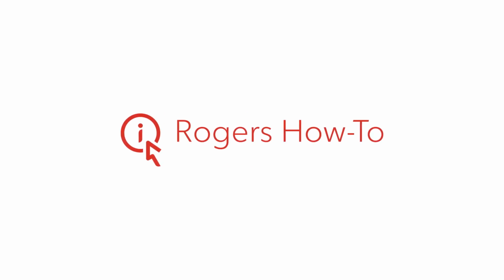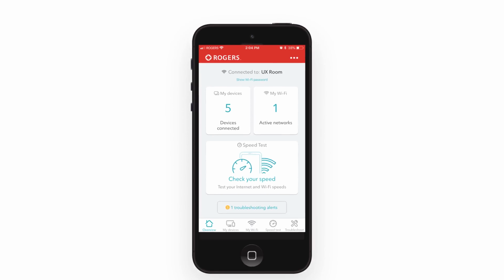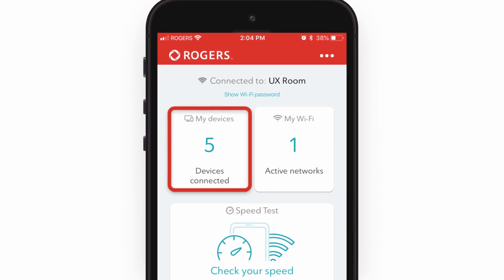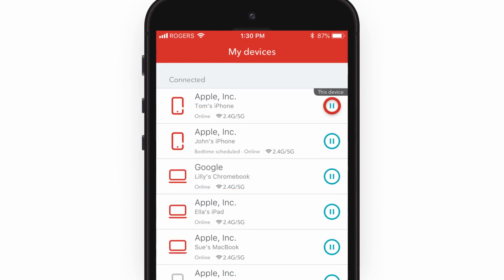You can use the MyWiFi app to pause internet access for any device connected to your home network. Log into the MyWiFi app and tap My Devices. From there, you can either tap the pause icon next to the device you want to control,